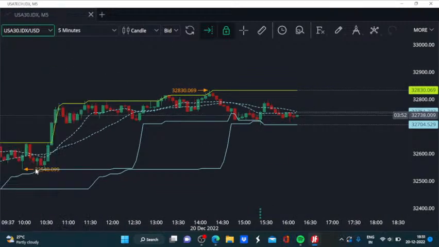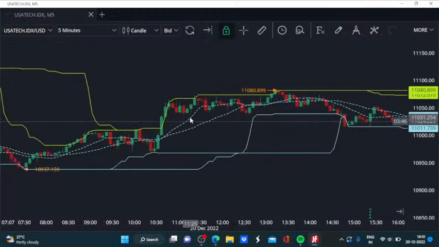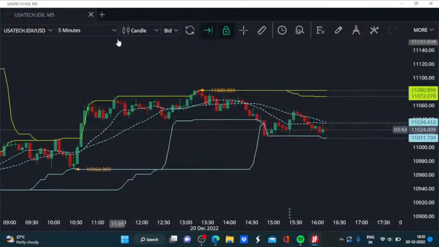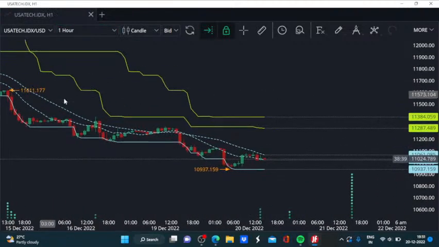So we have the most bearishness prevalent in the Nasdaq at the moment of all these three key equity indices of the United States,